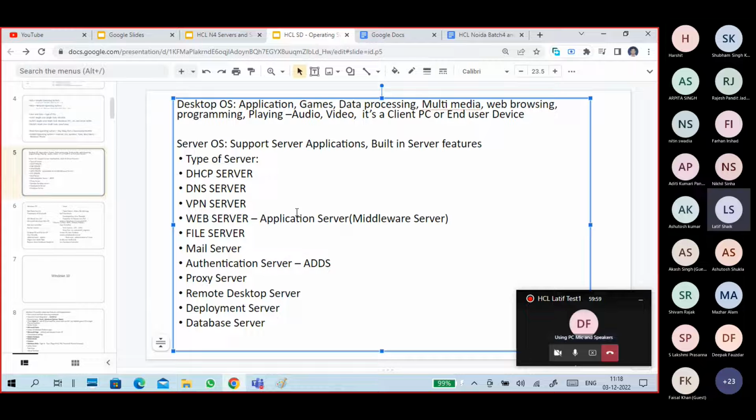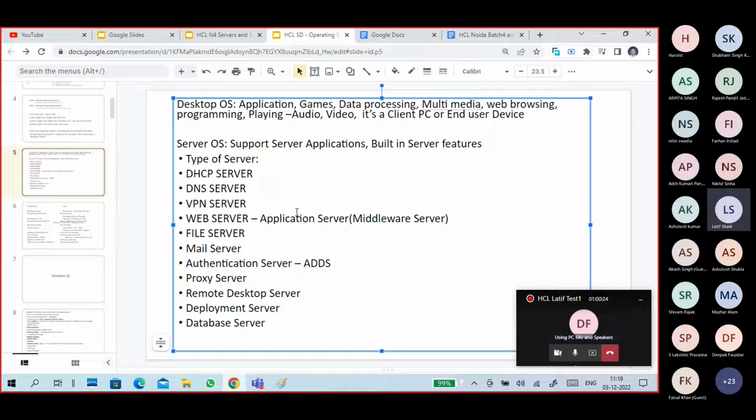Sometimes server operating systems have certain built-in features and roles, and by installing them it becomes a server. Or you install a server-based application, then it acts like a server. That's it. Server operating systems like Windows Server, Linux server or Unix server are used